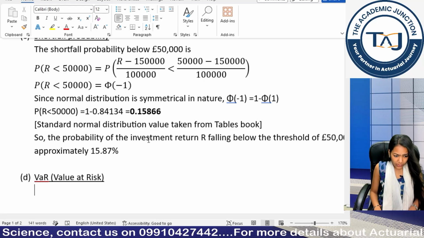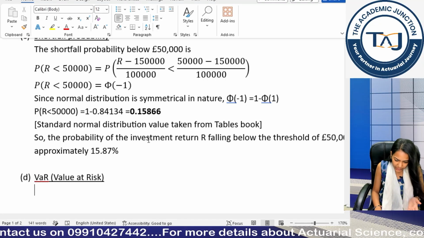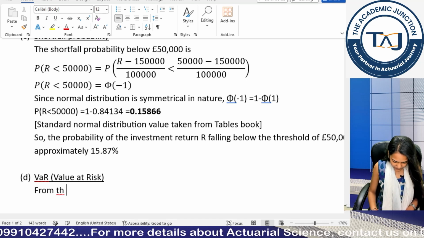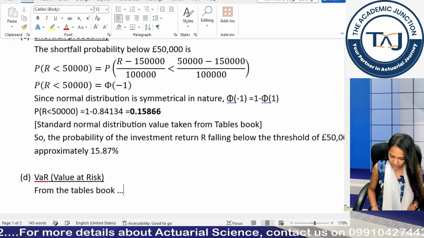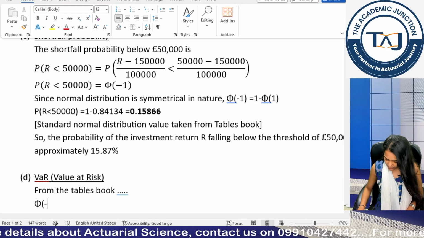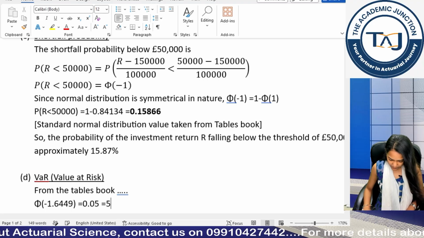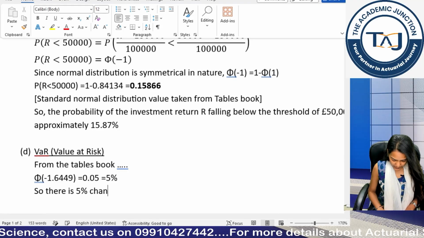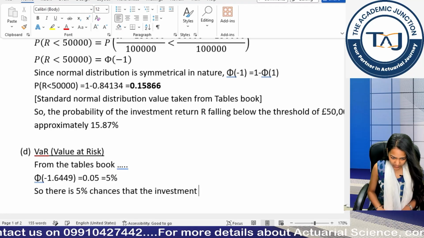Okay, so we know the 95% confidence interval, so we need to calculate the normal distribution value from it. So we can write from the tables book, you can mention the page number according to the new tables book. We have 5 minus 1.6449 is equal to 0.05, that is 5%. Okay, so there is a 5% chance that the investment return